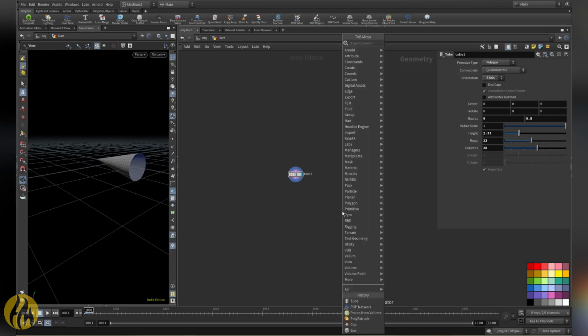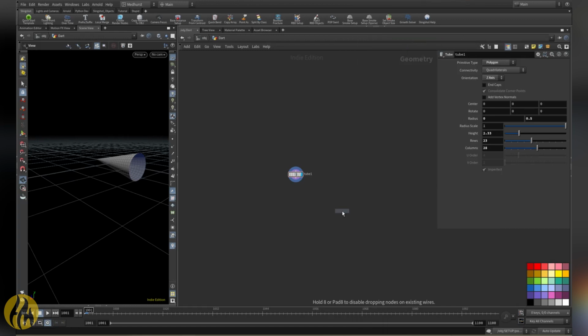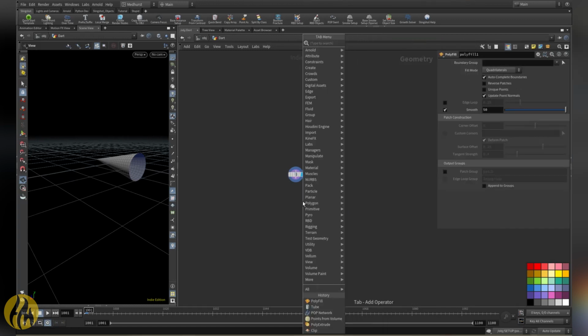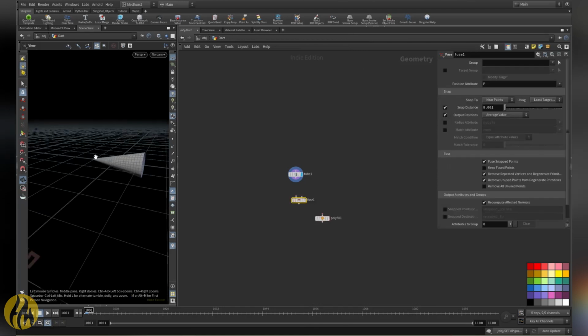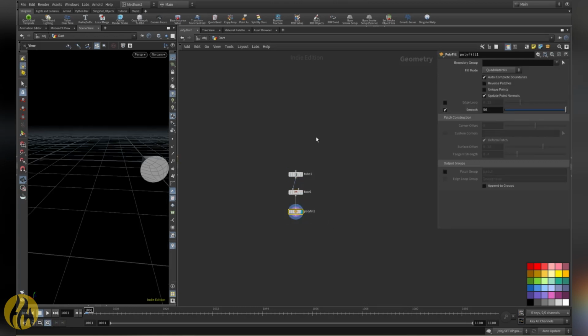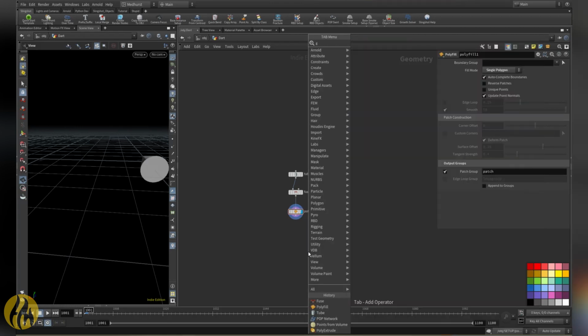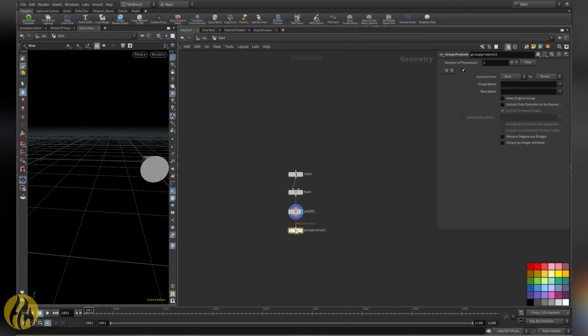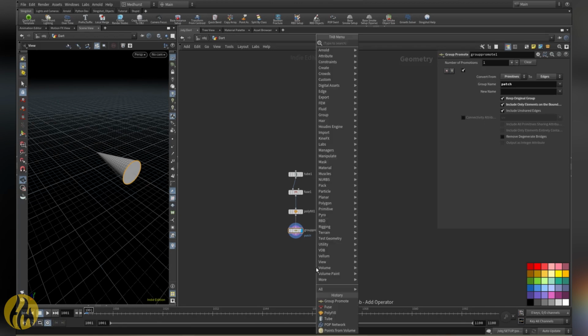Okay. So now we're going to put down a polyfill node. And before we do that, actually, let's fuse the points that are in our collapsed end here. We can just leave that on its defaults. So we'll take this polyfill, and we just want it to be a single polygon. We're going to make sure we output this patch group, which we're going to then group promote. There it is. Promote this thing from the primitive level up to the edge level. So we want to do that with patch, and we'll keep the original group. We're going to need that. And then let's include elements on the boundary. So we should end up with something that looks like this, which is cool, because then we can put down